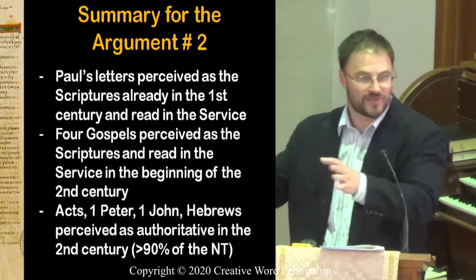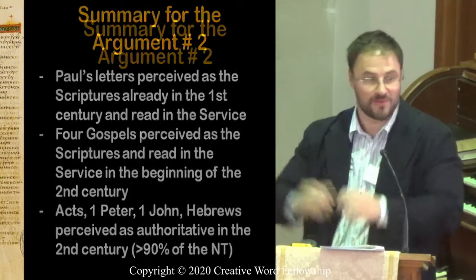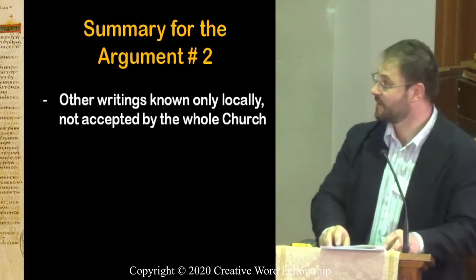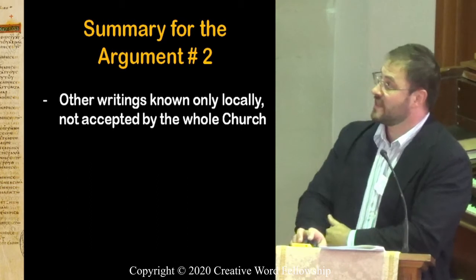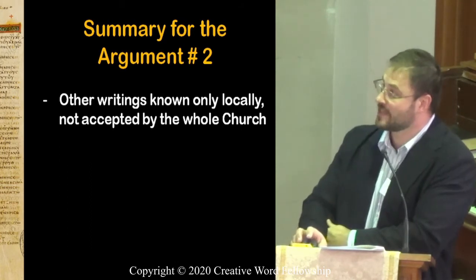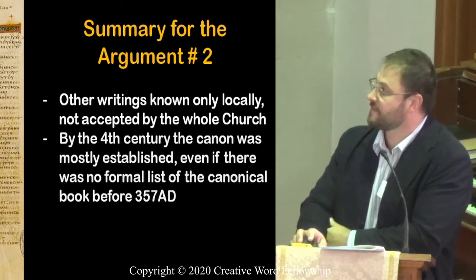That makes more than 90% of the New Testament canon, the most important 90%. And then other writings were known only locally, not accepted by the whole church initially, and by the 4th century the canon was mostly established,